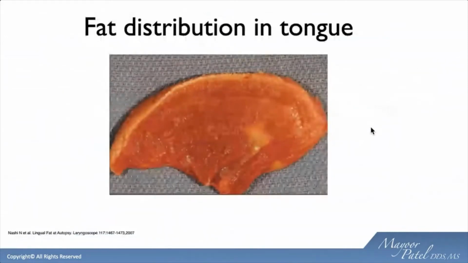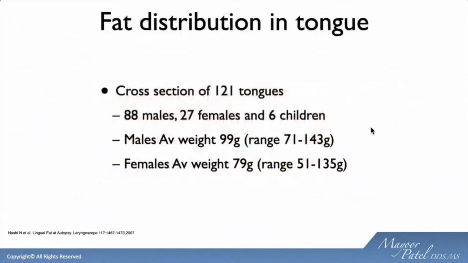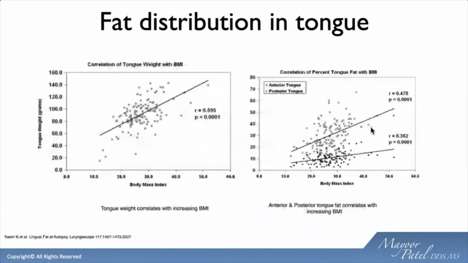But the tongue itself also has some fat distribution that takes place. So when you put on weight, not only are you affecting the pharyngeal fat pads, on the lateral aspect of your airway, you're also affecting the tongue mass itself. In this dissectional study, what they basically found was a linear relationship: as body mass index increased, the tongue weight also increased, proportionally speaking. And when they dissected from the anterior portion to the posterior aspect of the tongue, the vast majority of the weight was on the posterior aspect of the tongue.